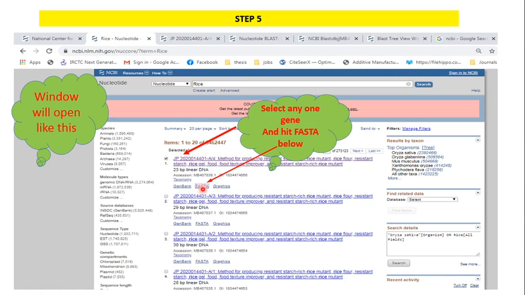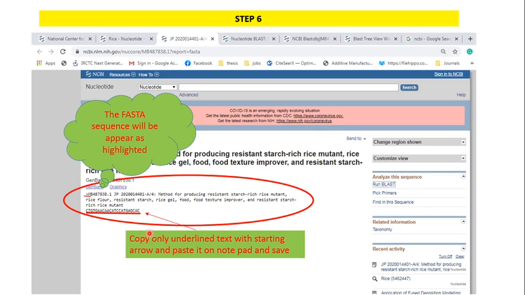Then you get some sequences like this, clear. You can see these are nucleotide sequences, CT, GT, clear. But you have to take the sequences only in FASTA format. How can you select this symbol, this greater than symbol, before the sequence? Now the sequence is converted into FASTA format.